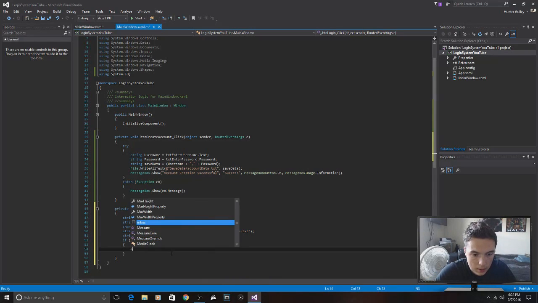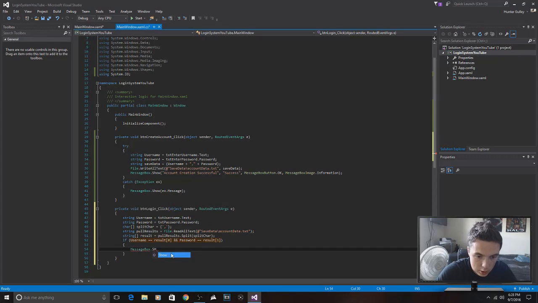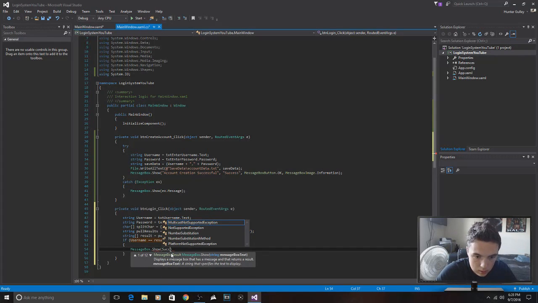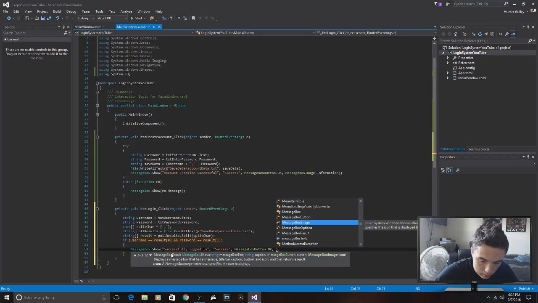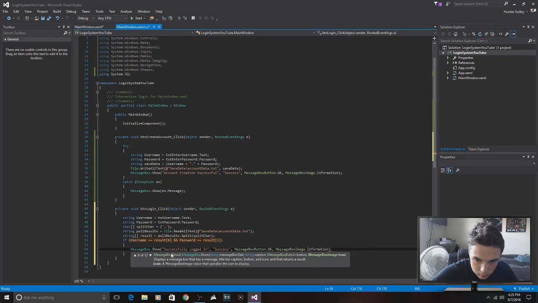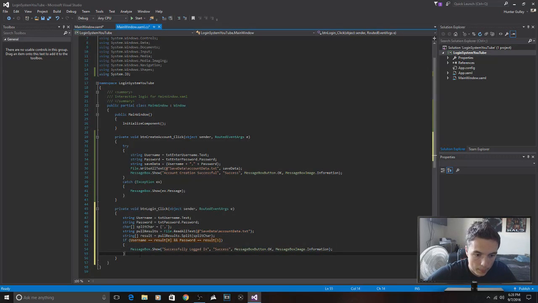Then we're going to say message box dot show, and then two quotes, successfully logged in, success, and then there. Okay, and if we type in an else statement, we're just going to put in message box